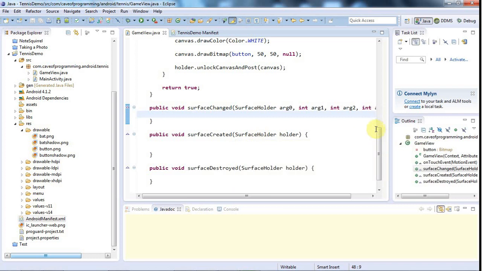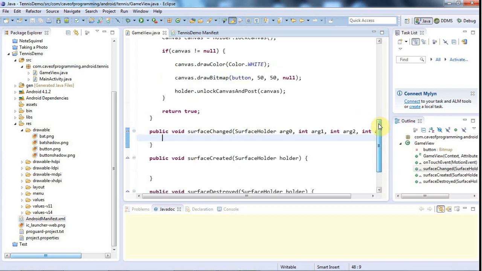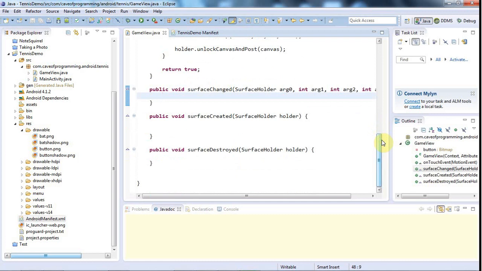Okay, so we've implemented these methods, and now the only thing that I want to show you in this tutorial is how these actually work. So I'm just going to say in here Log.d, and I'll supply a debug tag here, and I'll just say